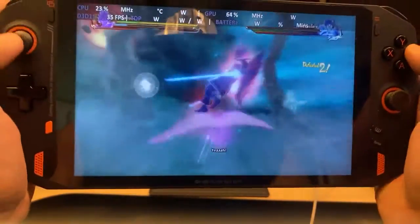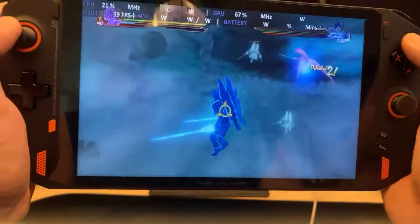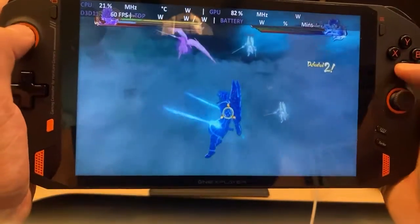Gotta change the resolution. It's a little bit too high. It might be just this fight scene though, because when you're regular fighting,